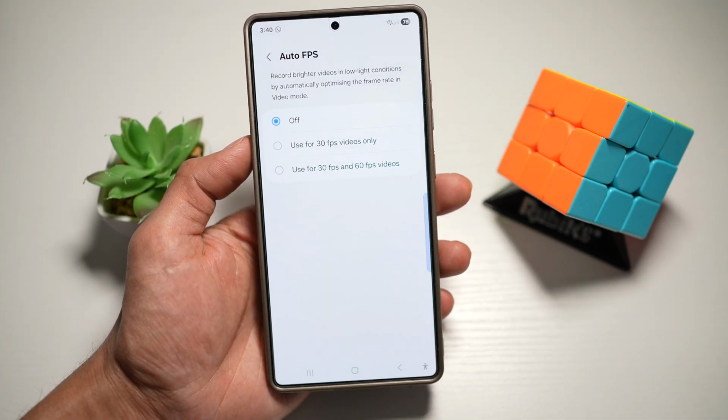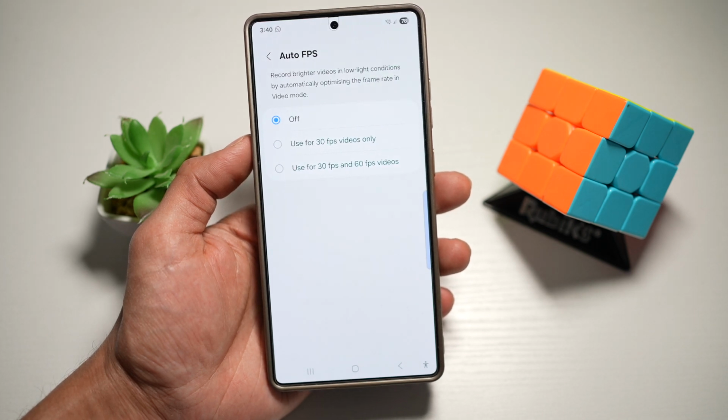So there you go guys, that is how to turn off auto FPS in video recording mode on your Samsung